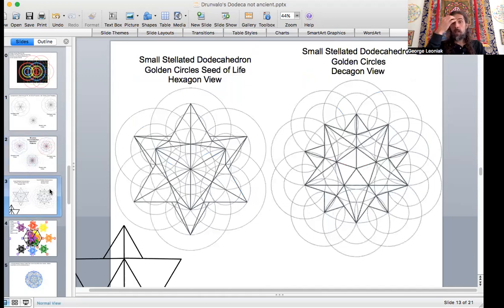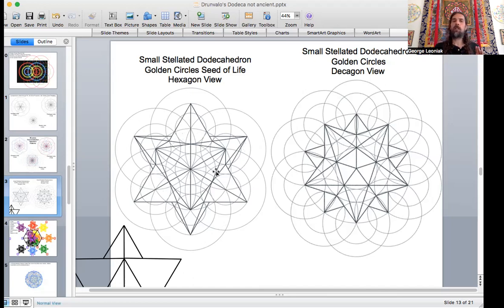So next up, we're going to take a little bit of a turn here, because I want to apply the dodecahedron in a way so you can see how it interconnects and how it really starts to become the building blocks of what I call the golden vector matrix. And I'll compare that to the isotropic vector matrix, which is very popular as the 64 tetrahedron grid. But I'm about to switch views, at least for the small stellated dodecahedron.